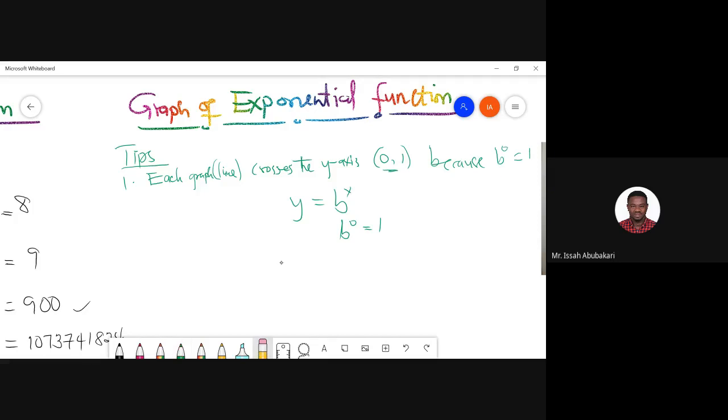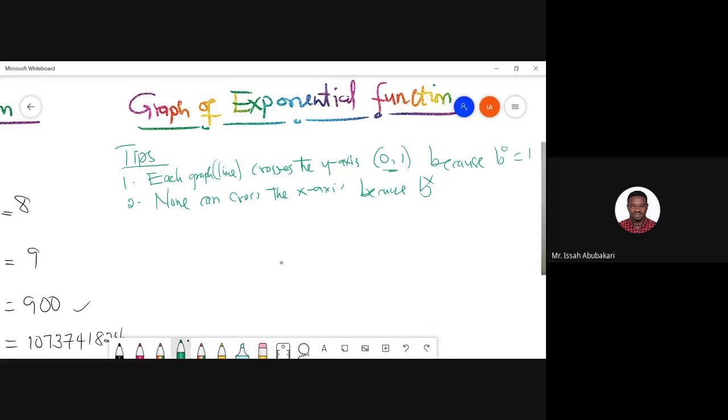All right. Now let's look at the second item, the second tip. So tip number 2: all the graphs cannot cross the x-axis. None can cross the x-axis. Because we said that